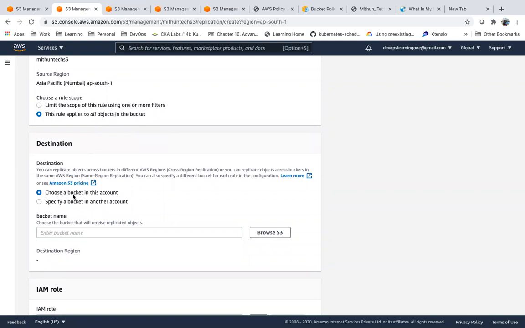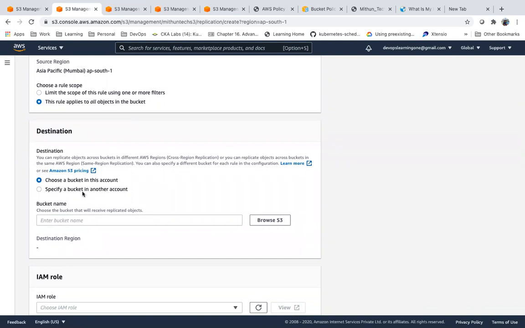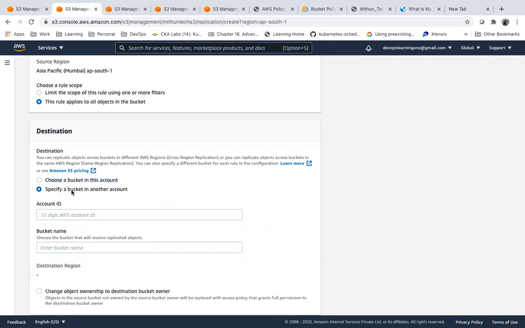Again, destination: same region or cross region, same account or different account. Suppose I want to replicate in the same account, different region, or a different account, same region or different region. Guys, sometimes they may ask a question on this one, if they are looking for some AWS resource or AWS scope.